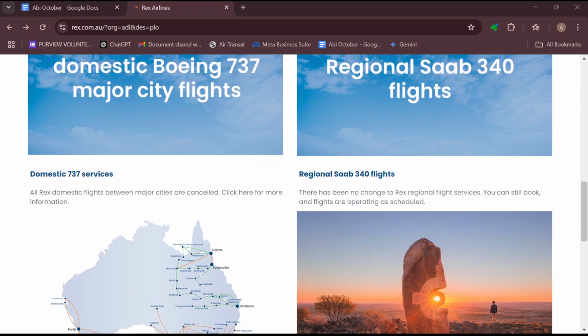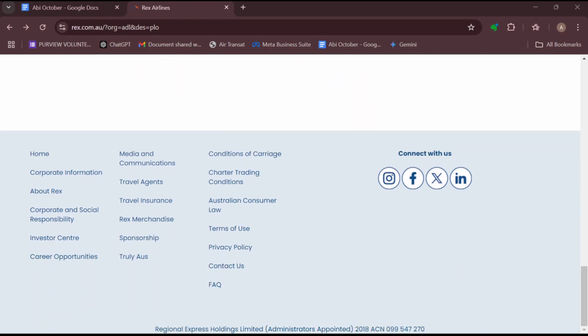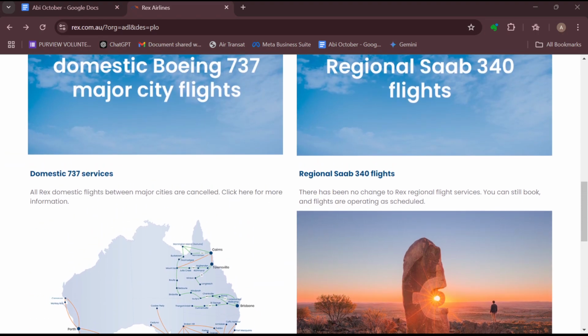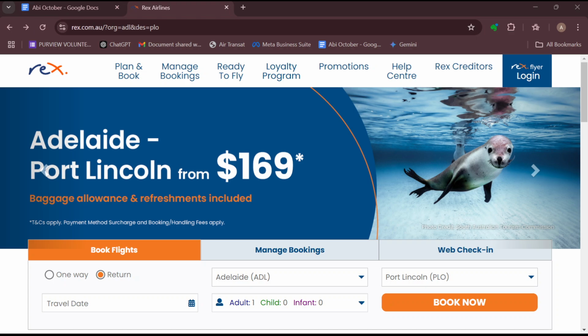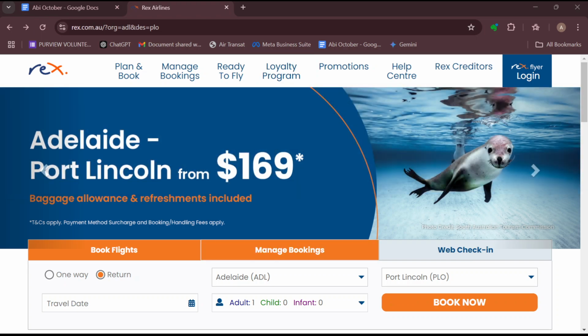So you just use the seat map to select your preferred seat, review your selection, and confirm your new seat. Note that a fee may apply depending on your fare type and the seat availability. So once you're done, click on it and then make the necessary payments if needed, and then just like that, your seats would be